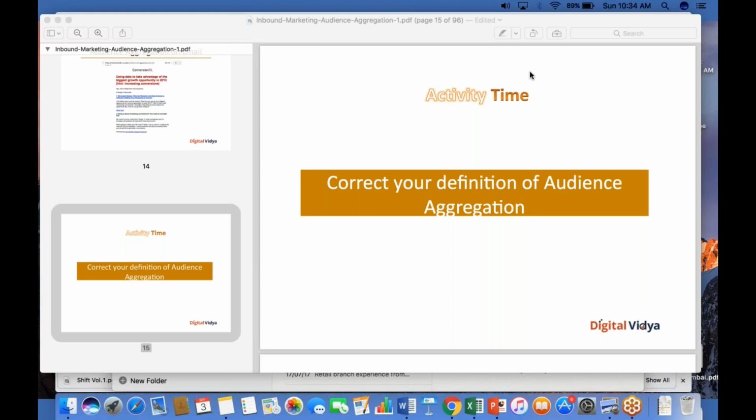So I think all of you have, in large part, conveyed what audience aggregation really means. In essence, what we're talking about is creating a captive audience. That's step number one. And then making sure that you go after those captive audiences and nurture them, and you handhold them through the entire purchase decision-making life cycle until such a point where they've really warmed up to the brand, and you then pass the baton on to the sales team for them to harvest those leads and convert them into paying customers.